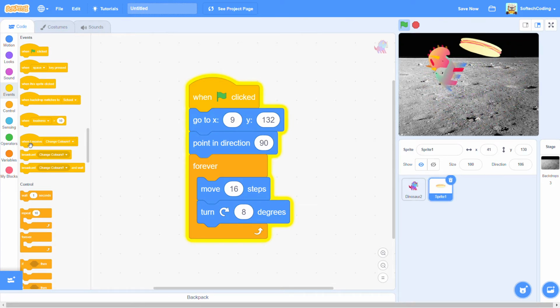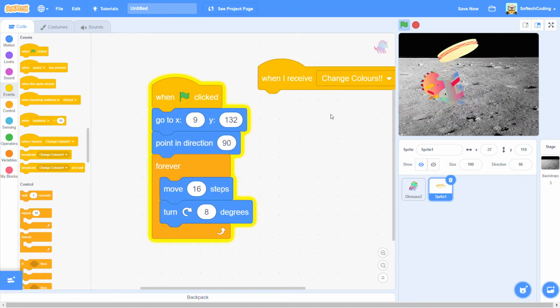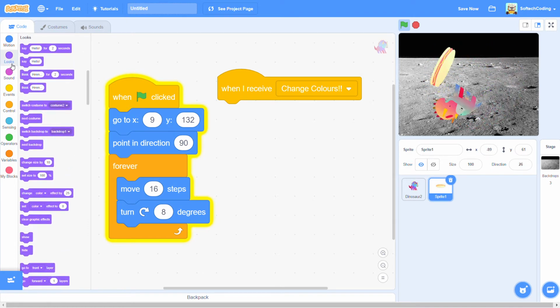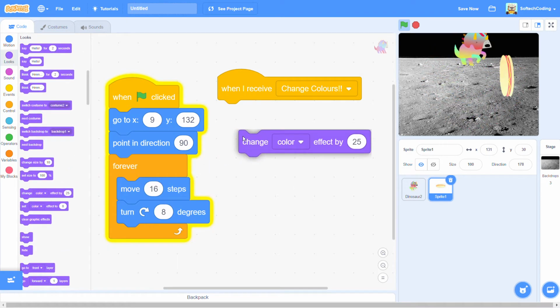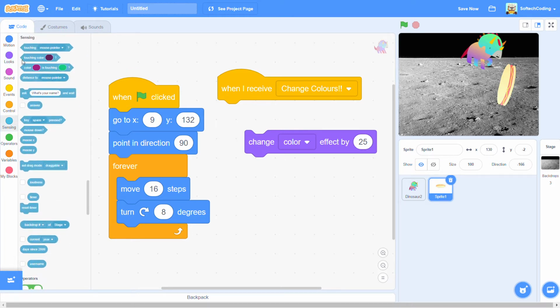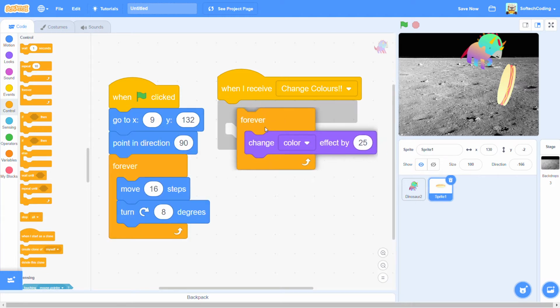used to change colors. So first we're going to pull out our when I receive. We're going to move a bit over here so we can see. And it's actually in the looks. So it's change color effect by 25. We're going to stop this for a moment. So our hot dog turned into an alien hot dog. It changes colors and then it goes back to itself. So we're going to pull out our forever block right here, and we're going to put this right under when